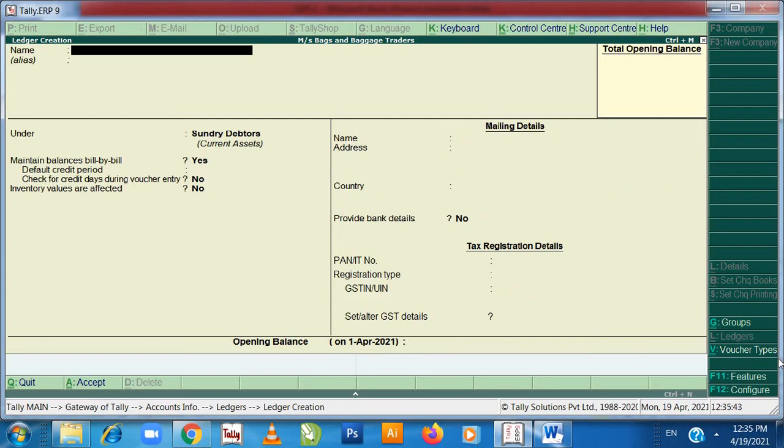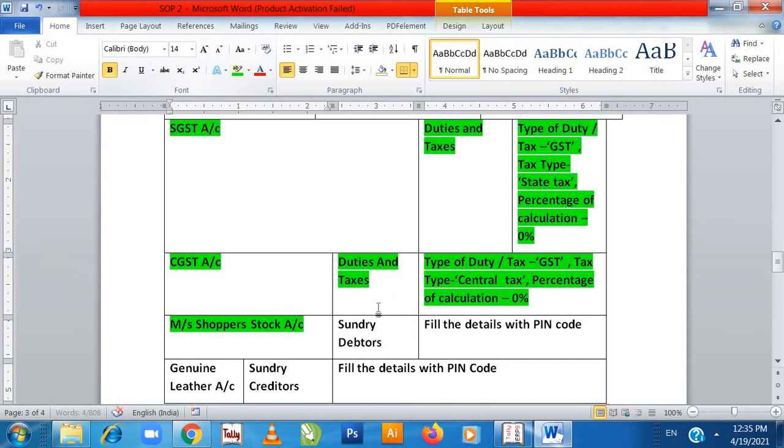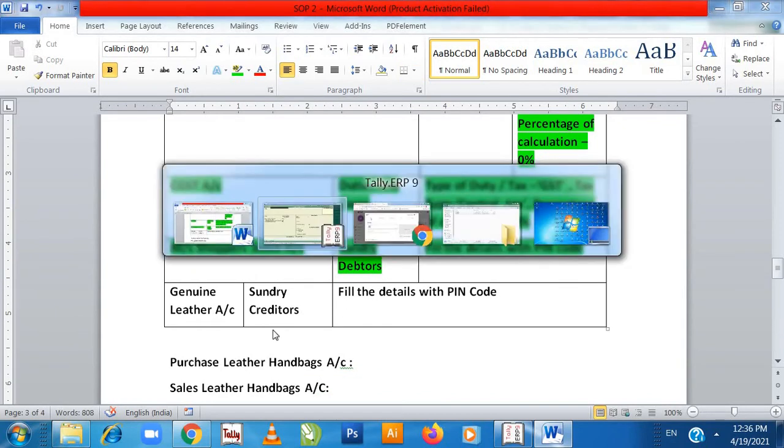Now afterwards, we need to create one more ledger, that is genuine leathers. Shopper stock has been created. So I am just highlighting it. Highlighting it to green color, so this thing we had completed. Now genuine leather will go under sundry creditors because we had purchased, so in future we need to pay the money.